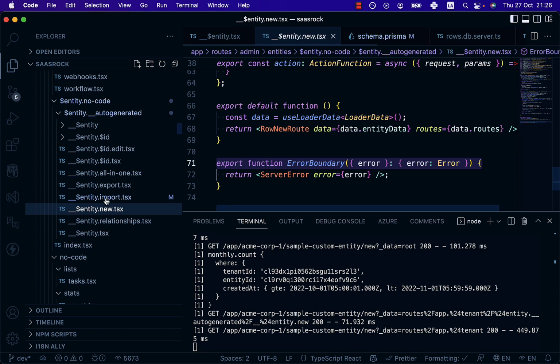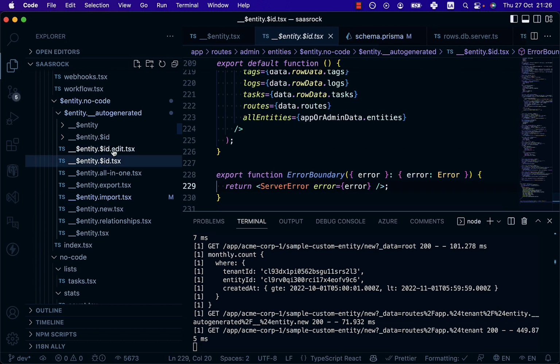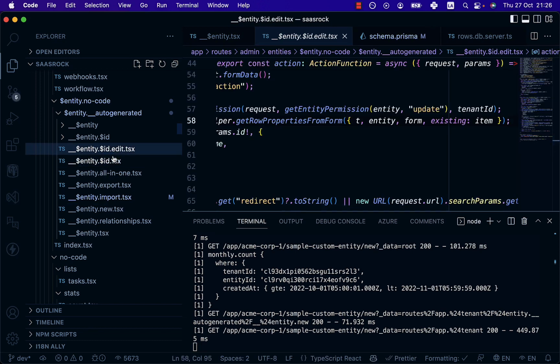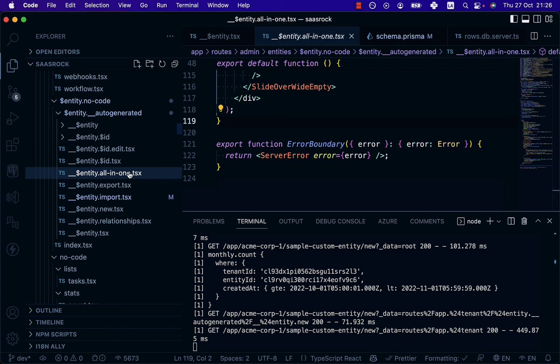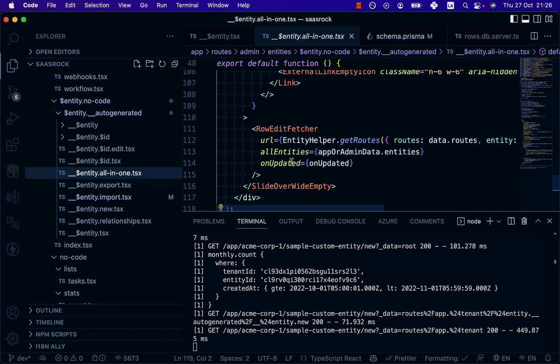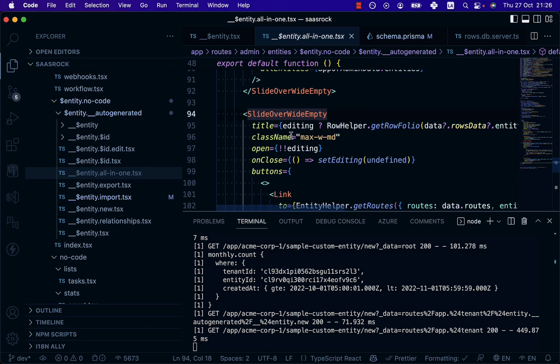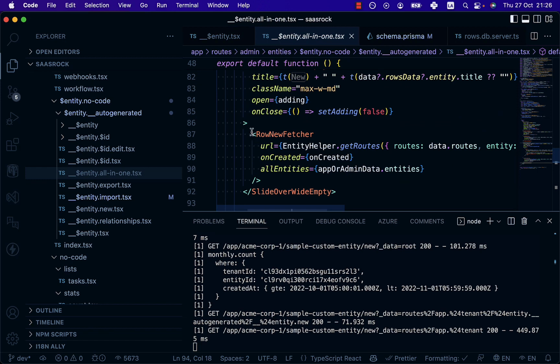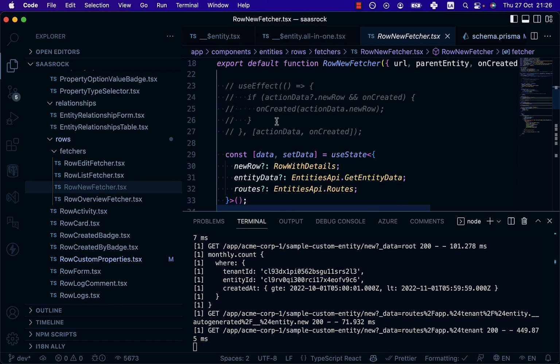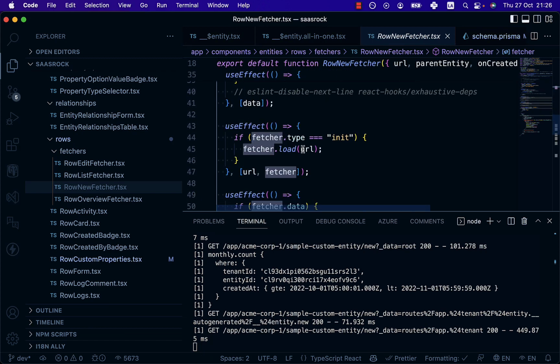This is the new route, the overview route, the edit route, the all-in-one route plus use fetcher. Like here I have a slide-over modal that shows the new form, which is called with the use fetcher, calling this URL